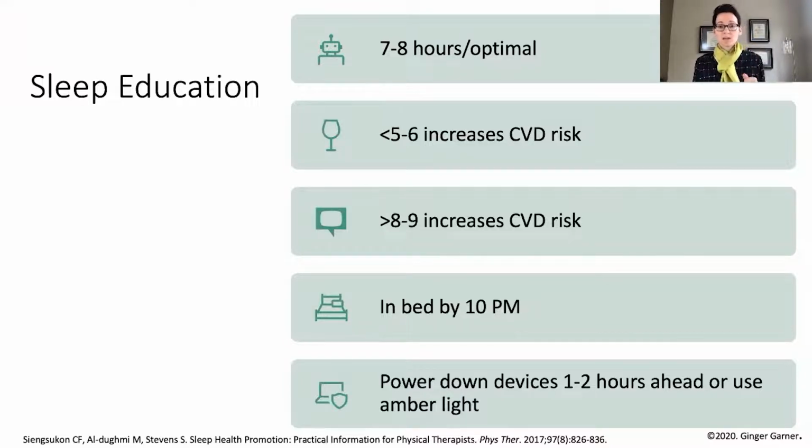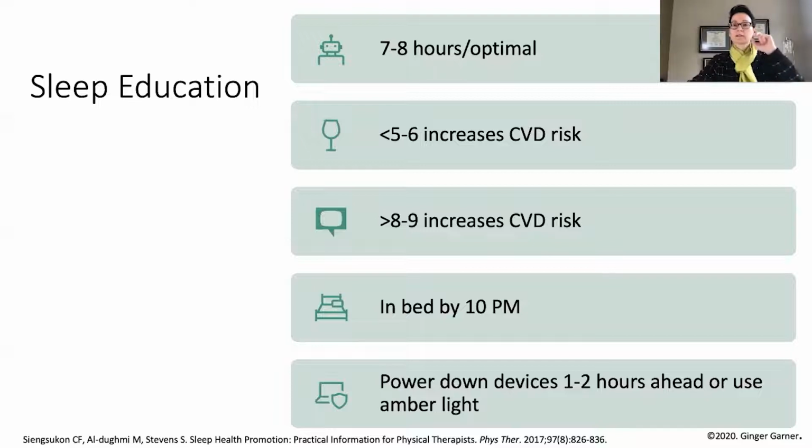You want to be in bed by 10 p.m. You want them to power down all their devices ahead of time, or if they cannot do that, which is common in our telecommuting world now, and it can be very difficult to power down, although that's the goal, then at least get them to turn amber light on. And that's an automatic setting on anybody's phone. You just go to that display, or light display setting, and then it'll allow you to set a time. So mine is set for about 7 o'clock in the evening until morning. That amber light is going to be on and the phone is going to be dark. And that helps a great deal.